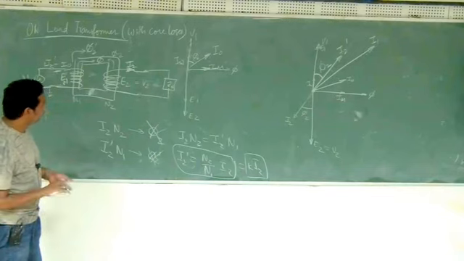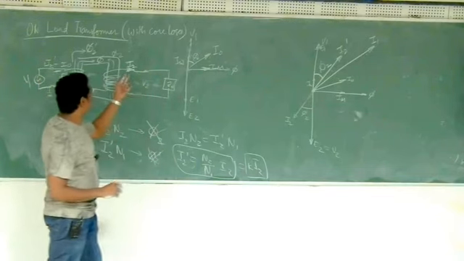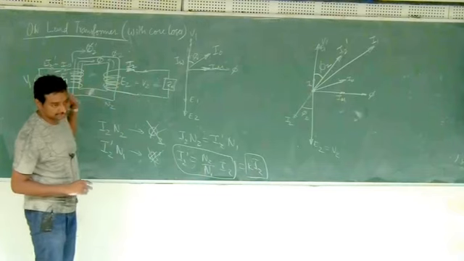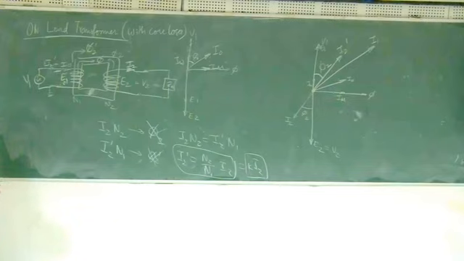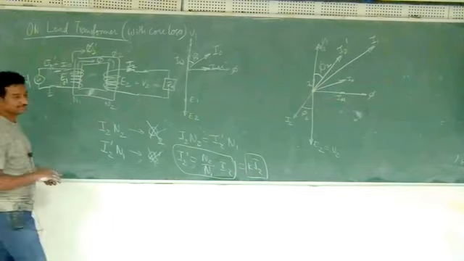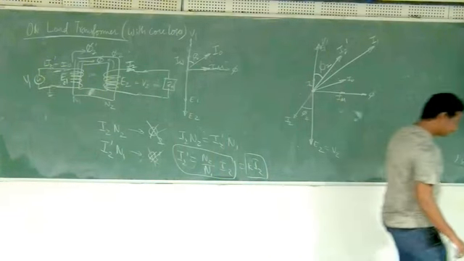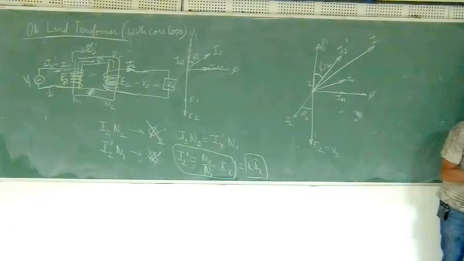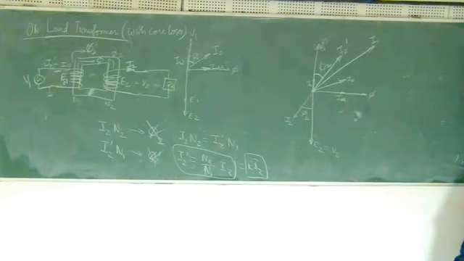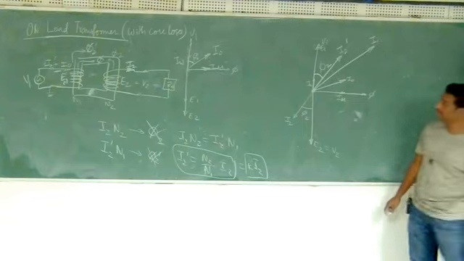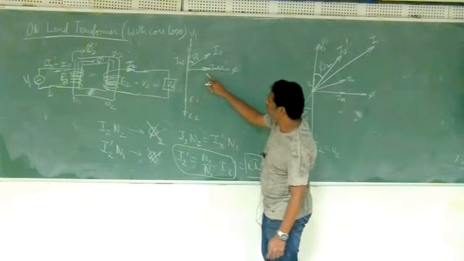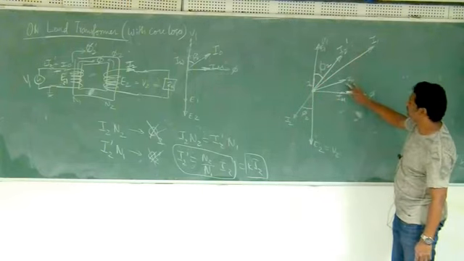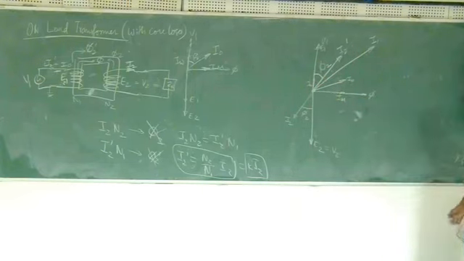So overall, what you have to understand here is how the I2 is creating I2 dash. That's all, that's the main point here. So let's do one quick problem. Again, what is the overall current I? This itself is IW plus I mu, whereas this one is I2 dash plus I naught, and I2 dash is coming from the load side.